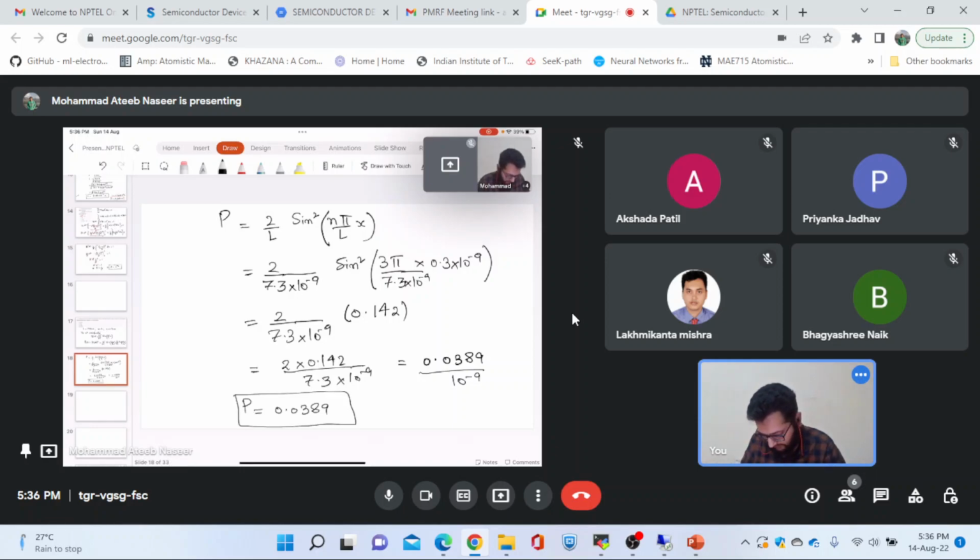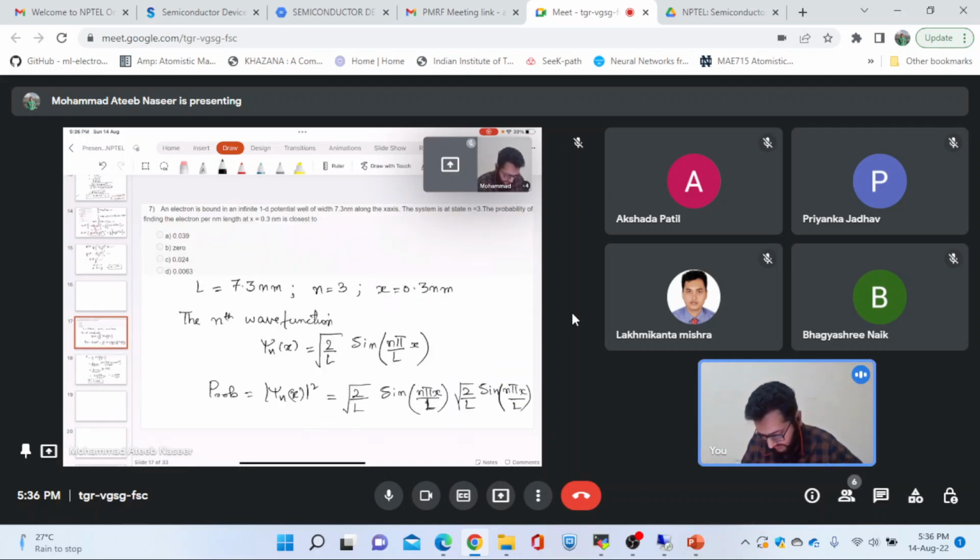So we must choose, since it's closest to 0.039, option A. So we have now seen that this simply gave us the probability to be equal to 0.039, which is very less. Now if we move towards the